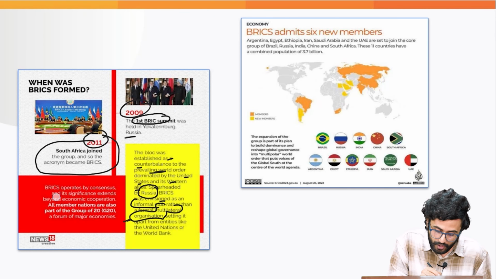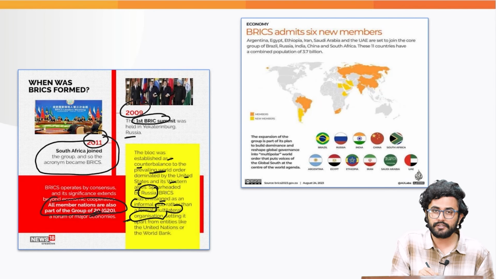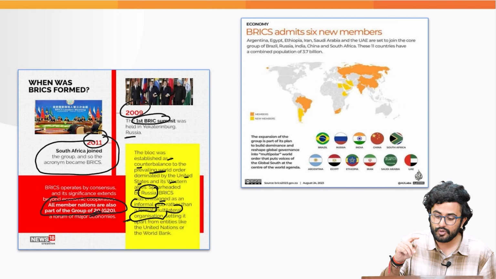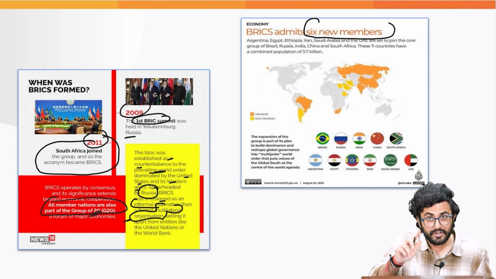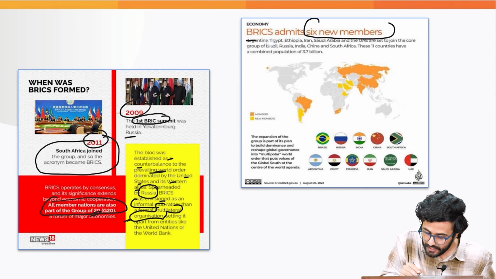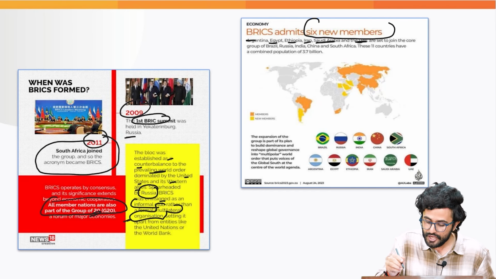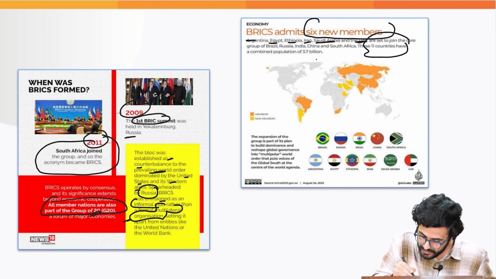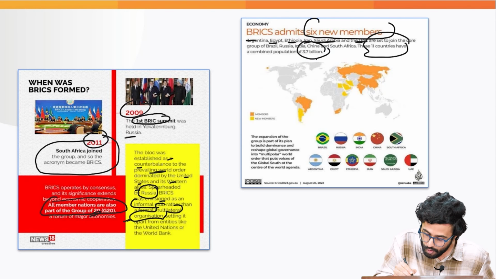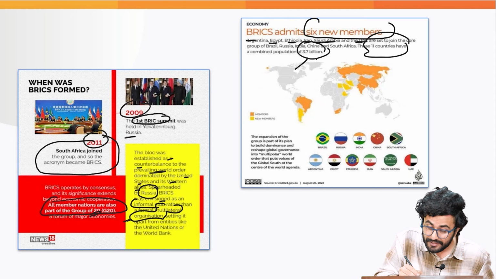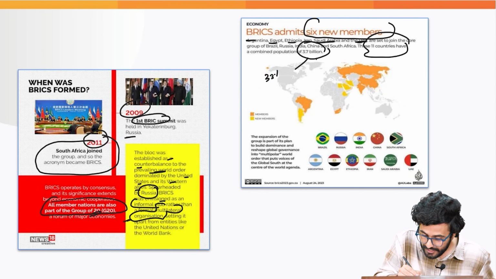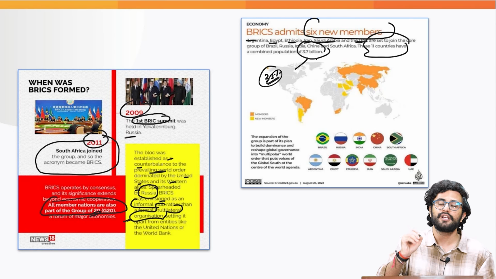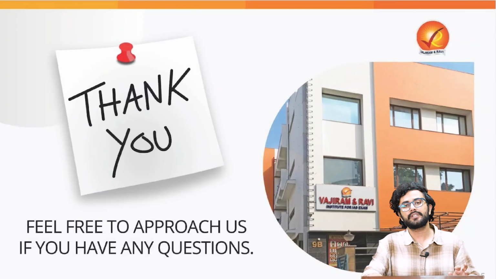Keep this in mind. All the members of the BRICS are also part of G20, and recently it has admitted 6 new members. Which are these 6 new members? Argentina, Egypt, Ethiopia, Iran, Saudi Arabia and UAE. So keep the names of these 11 countries very dear to you, which have a combined population share of 3.7% and a contribution to the GDP which extends to more than 33%. So keep all of this important data in your mind,